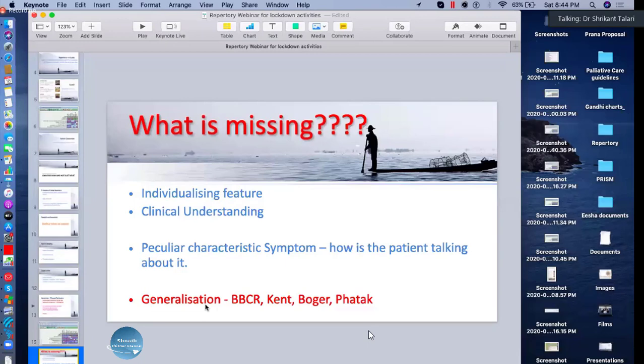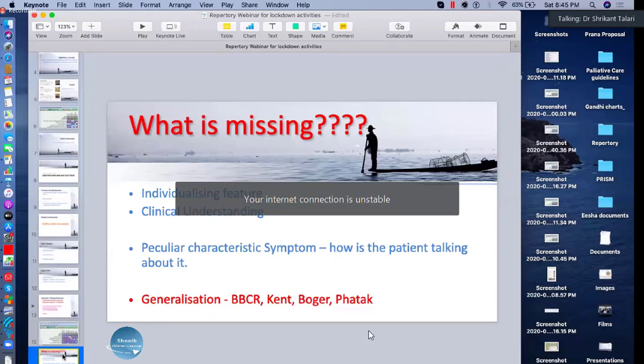And there are different options, like Boenninghausen's generalization, Kent's partial generalization, the pathological general, or like Dr. Gaurang was saying, one more name for it is pathophatak. Basically, Boger and Phatak, their work was in the pathological general. What is the generality? So because of that, then